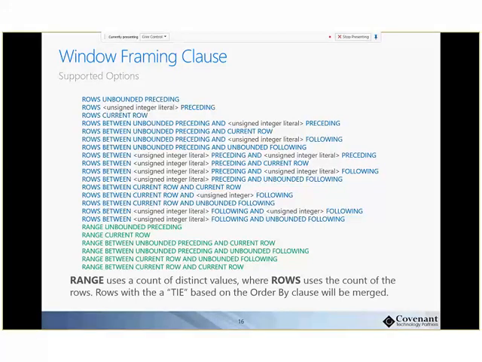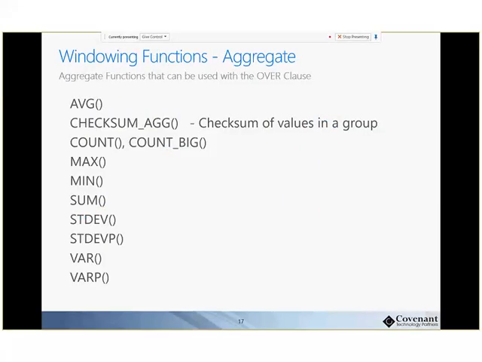So all the functions. The functions are broken down into aggregate, ranking, and statistical in the books online. So the functions we can use in the aggregate set are average, checksum aggregate, which creates a checksum of the values in the group. So if you want to see if the total changed or something changed, create a checksum. Count big, for the cases where you have more rows than integer support. Max, min, sum, standard deviation,